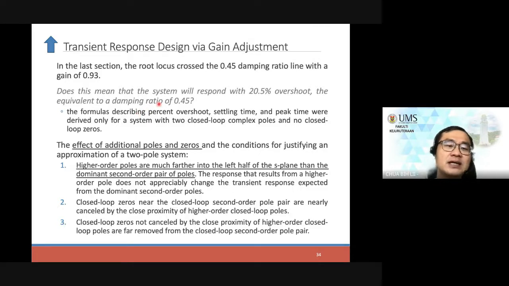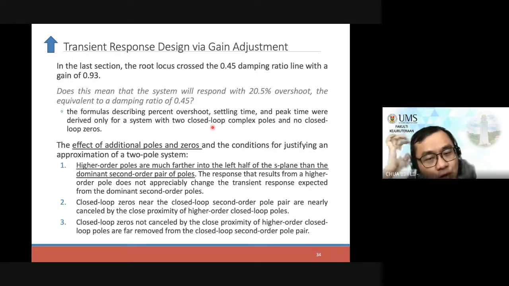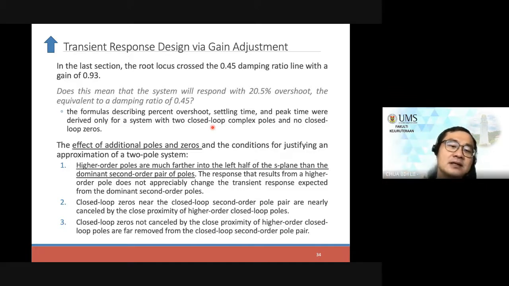So here what we can say is that the formula describing the percent overshoot, settling time, all these things are close to the two closed loop poles and no closed loop zeros. Therefore, we can justify that even though it is a higher order system, the higher order response does not appreciably change the transient response, because it's very close to